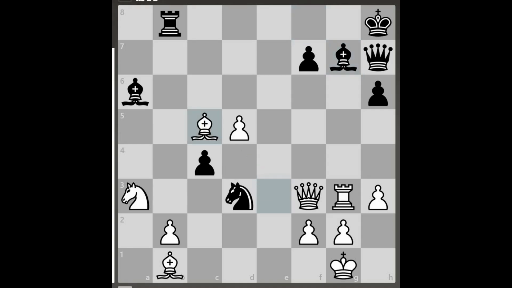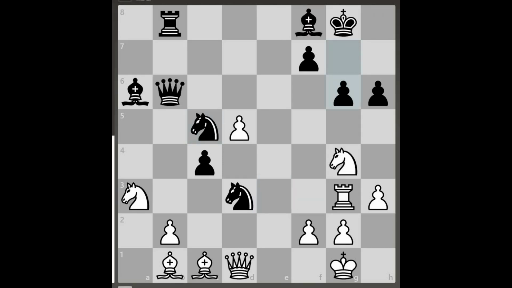Let us go back. The last move played is g6, bishop into h6. If knight into h6, let us see that. If knight into h6, bishop into h6, bishop into h6, and white's attack has lost its sting. So the last move played is, instead of knight into h6, bishop into h6,